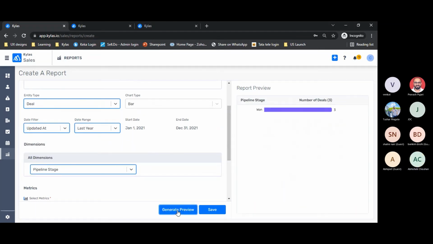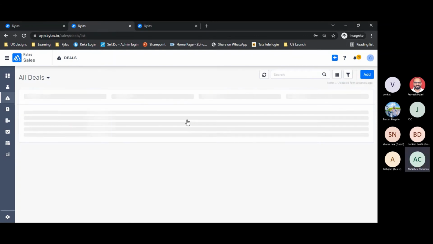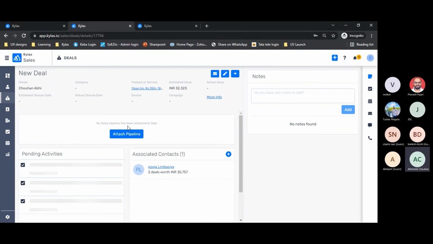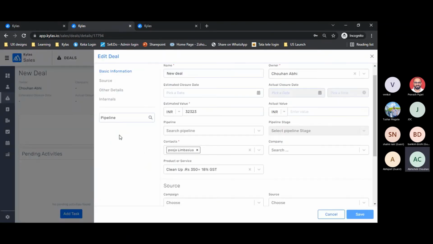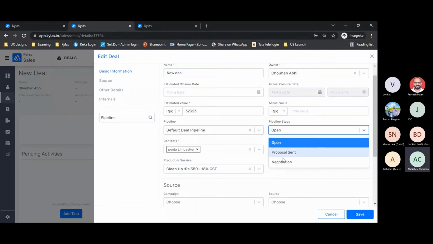Okay, since I have little less data in my account, it is showing only these many leads, these many deals in this particular pipeline stage. But let me change one of the stages of a deal. So let's say this is one of our deals, and let me update the pipeline over here,